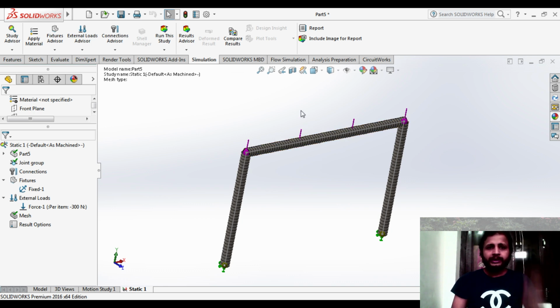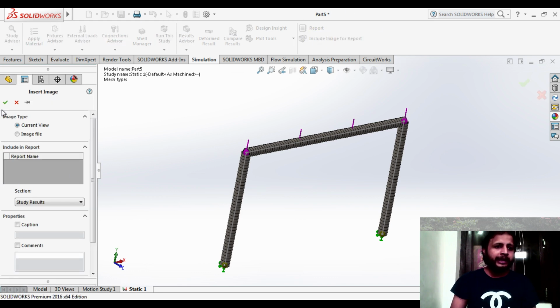After the meshing, if you are creating the report, first you will include here the image, you can see.